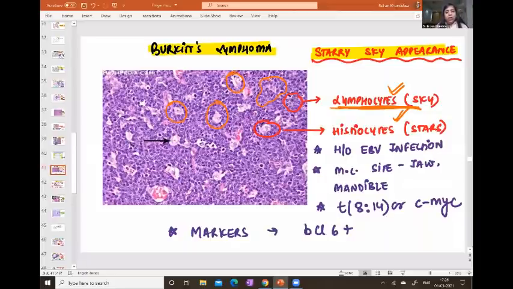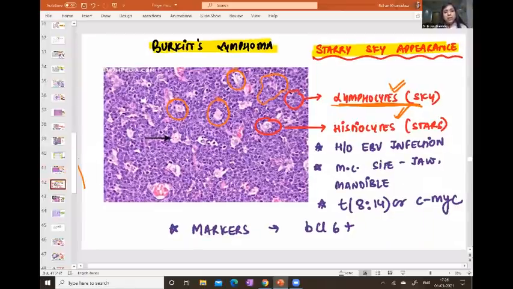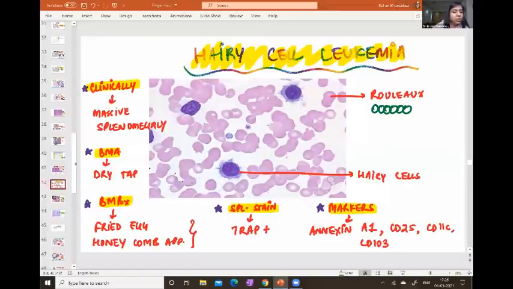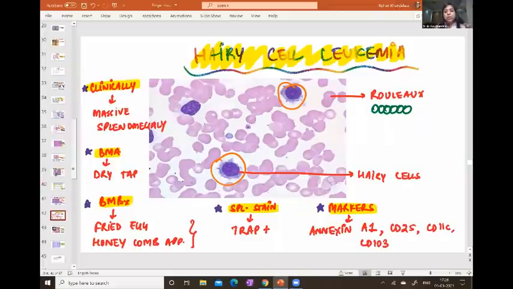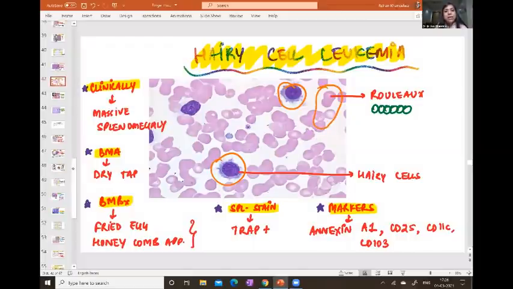Next. In this image, students, can we appreciate these cells which are there? So they are actually hairy cells. Why? Because can you appreciate the hair-like projections which are there, right? And the RBCs in this image show something which is called a rouleau, because they appear like a stack of coins. That is why it is called rouleau formation, right? And these hairy cells which are seen.